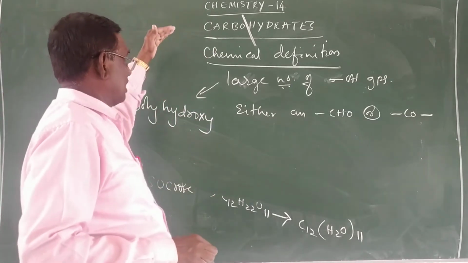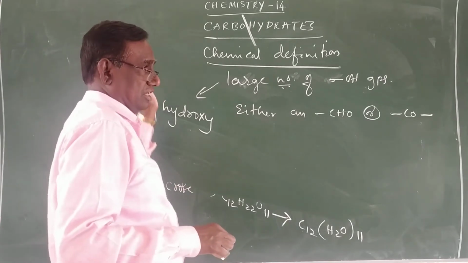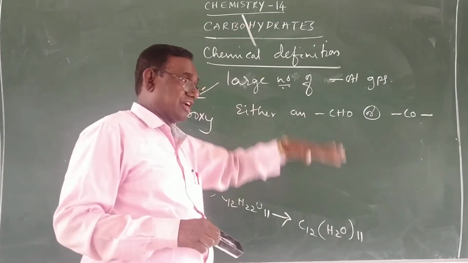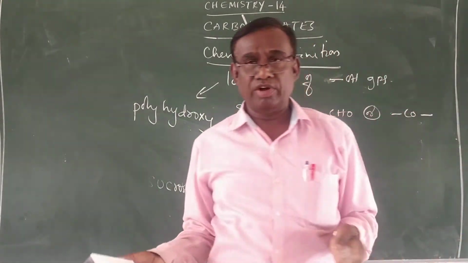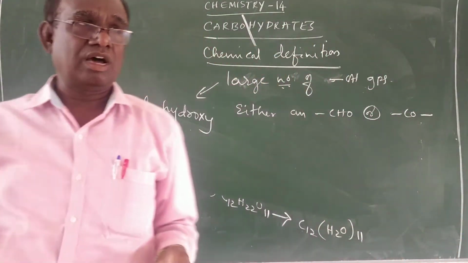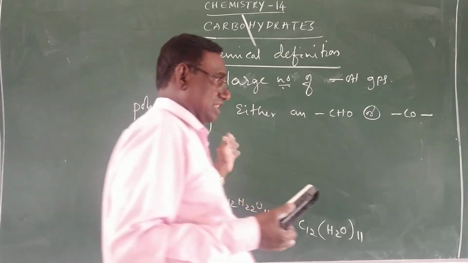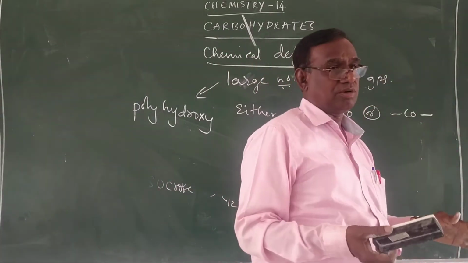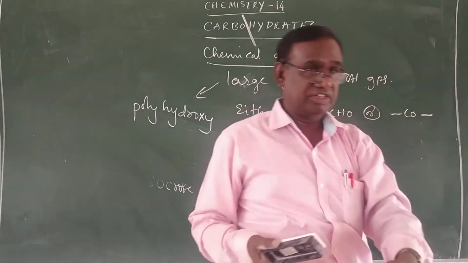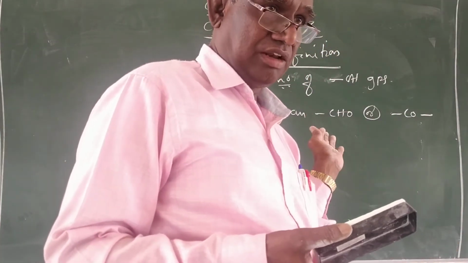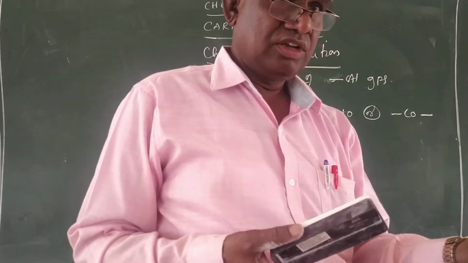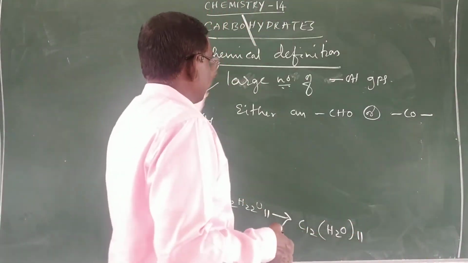And carbohydrates are called carbohydrates because they are the hydrates of carbon according to the equation Cx(H2O)y, because all the carbohydrates come under the definition of Cx(H2O)y. But some non-carbohydrates also come under the definition of hydrates of carbon. Therefore, that definition is not used for a long time. So we will come to the chemical definition.